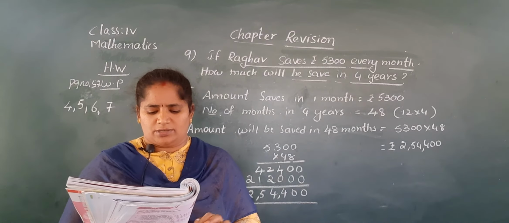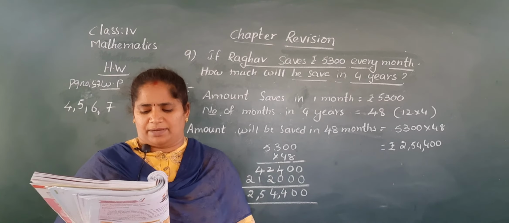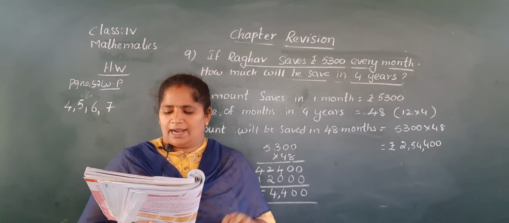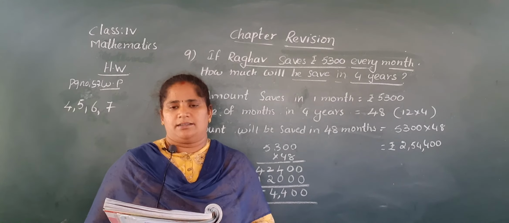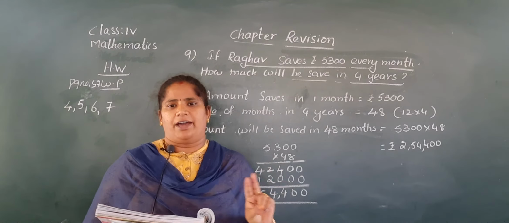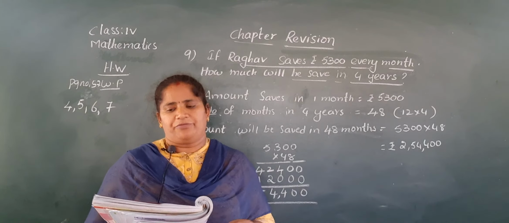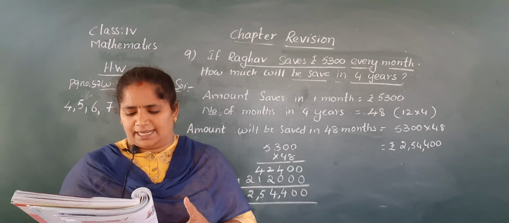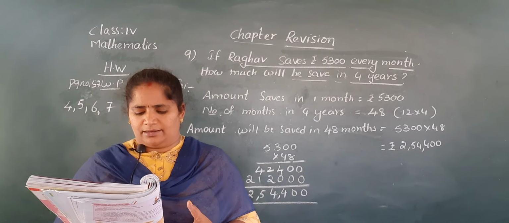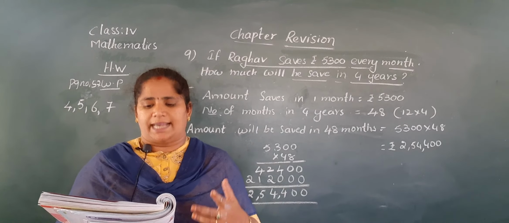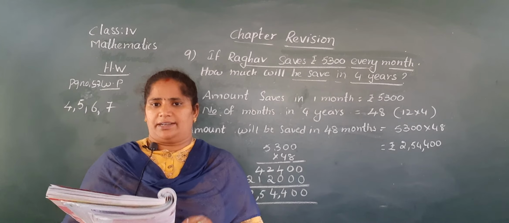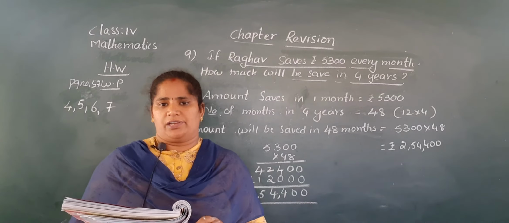Afzal pays 5,200 rupees as rent every month. So you have to write rent paid for 1 month and rent paid for 26 months. 2 steps only. Rent paid for 1 month, rent paid for 26 months. Okay? So we do multiplication. And next, the 5th one: the number of passengers that can sit in one train, then the number of passengers that can sit in 370 trains. You do multiplication. Okay?